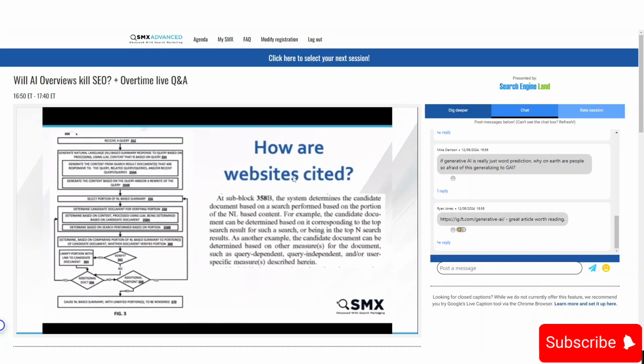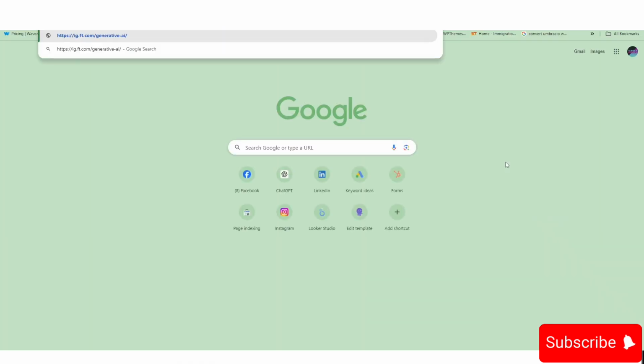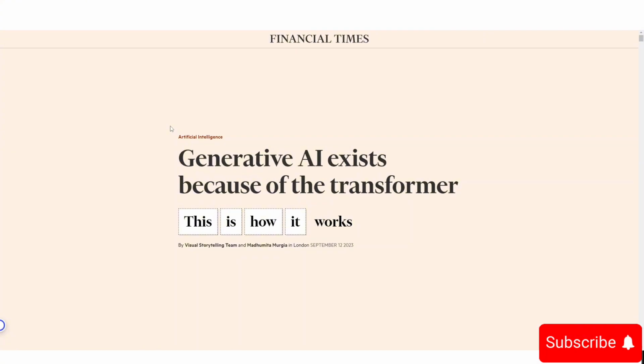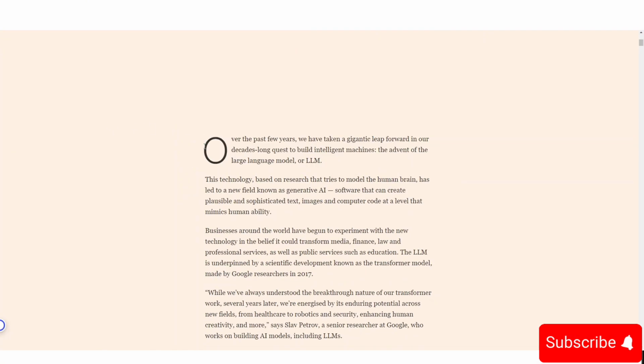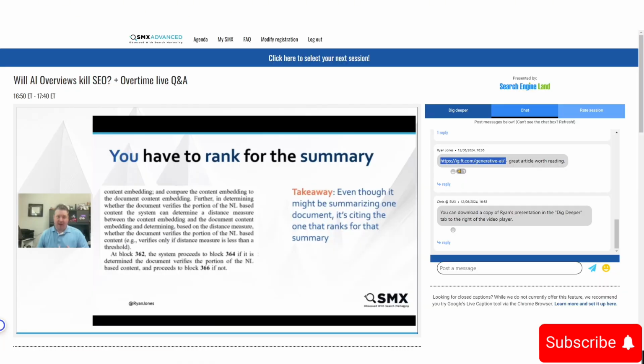It's probably using BERT or passage BERT or some other methods to do this beyond the scope of this talk. But it pulls out what ranks for a snippet there, and then it's citing the site that ranks for that snippet. And we can see examples of this, right? But the takeaway here is, even though it might be summarizing one document, it's citing the document that ranks for that summary. So that gives us more opportunities to rank.